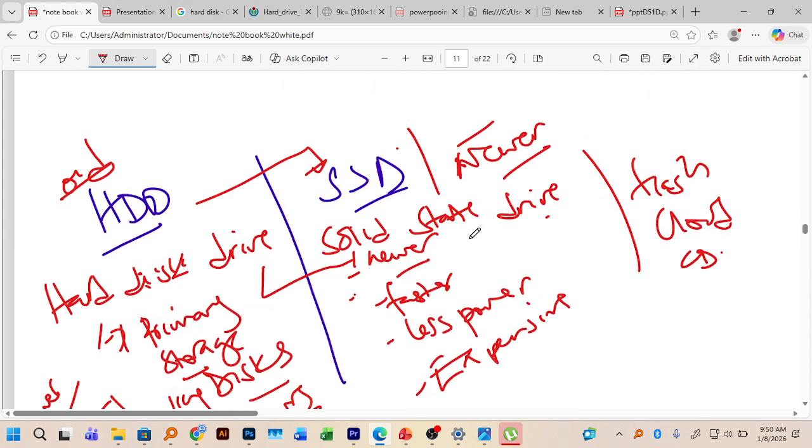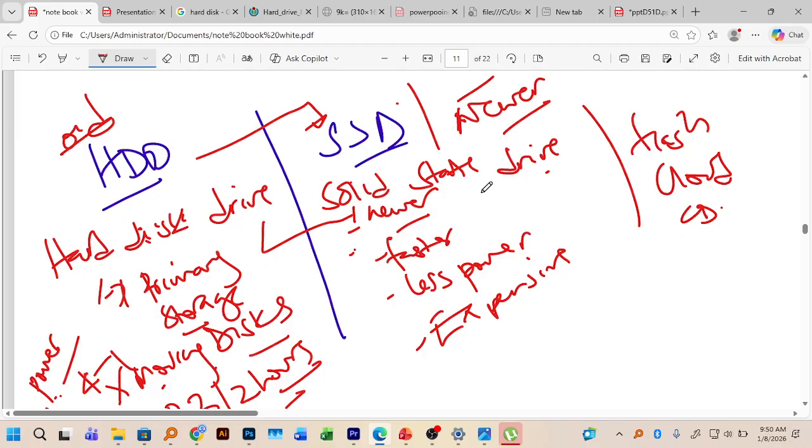Now, on the other hand, an SSD, which is a solid state drive, is a newer technology which doesn't have moving parts in it. That means it's way faster and it uses less power. But with that, it's more expensive. Are we together? So if you're buying a computer and they say it has an SSD, in most cases it will be more expensive than a computer that has a hard disk. Even when you're planning to replace your hard disk with an SSD,